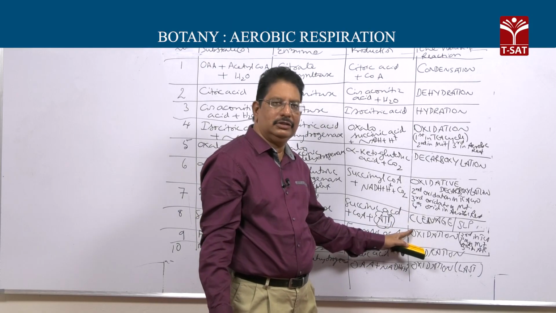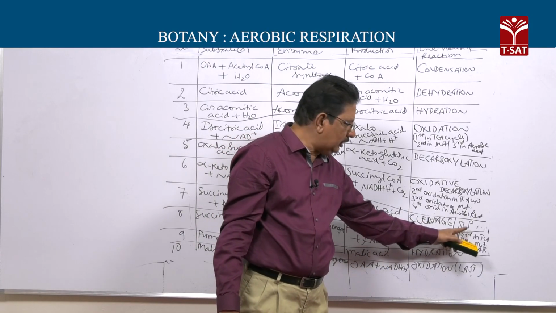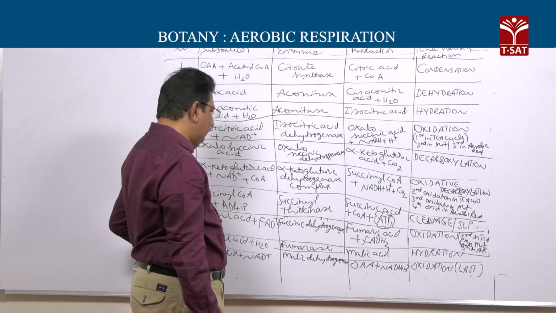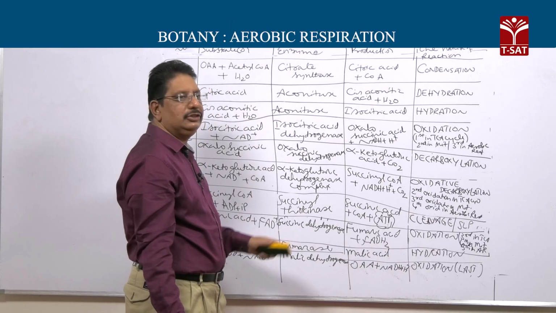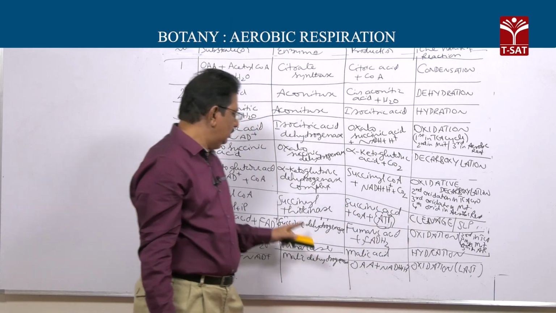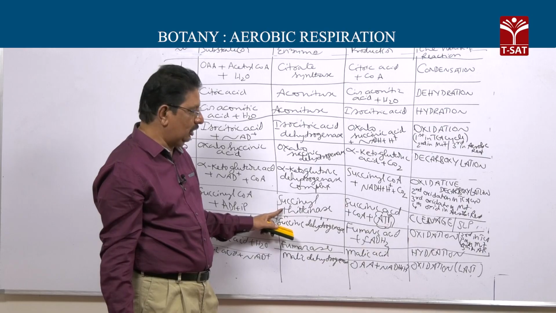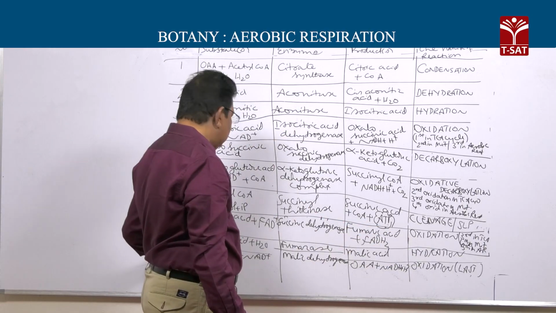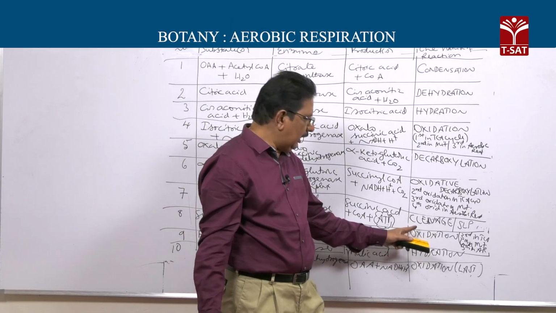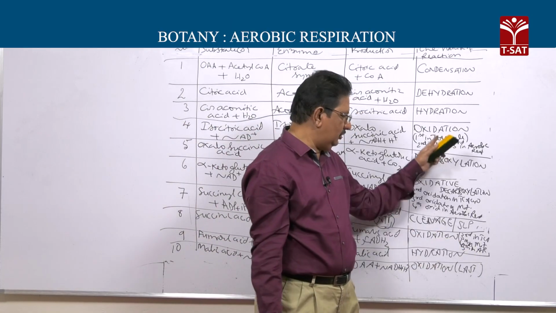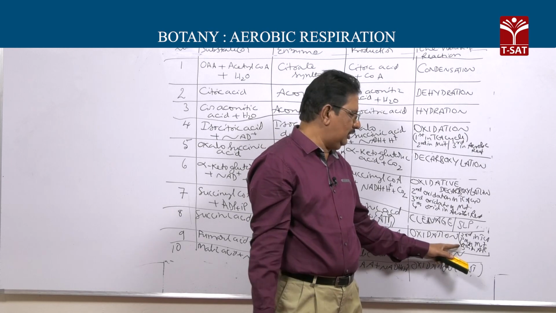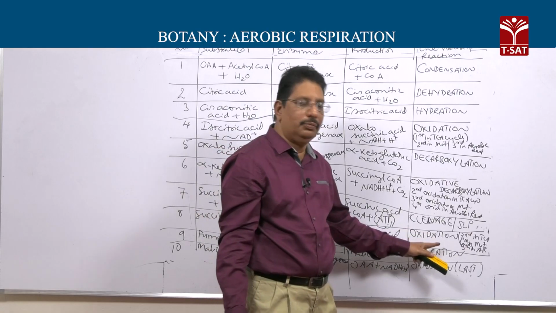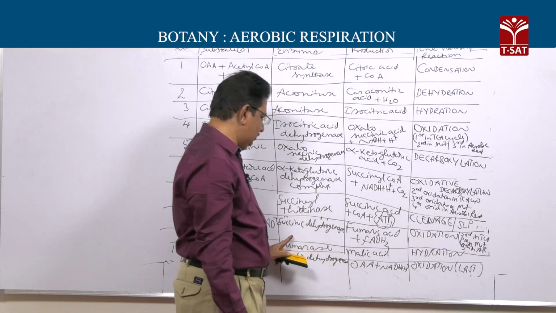followed by cleavage, otherwise called substrate level phosphorylation. So, the so called seventh step in the TCA cycle is SLP, the enzyme is succinyl thiokinase. And the next one is oxidation, and this eighth step is an oxidation. Actually, this is the third oxidation in TCA, fourth oxidation in mitochondria, and fifth oxidation step in aerobic respiration, catalyzed by